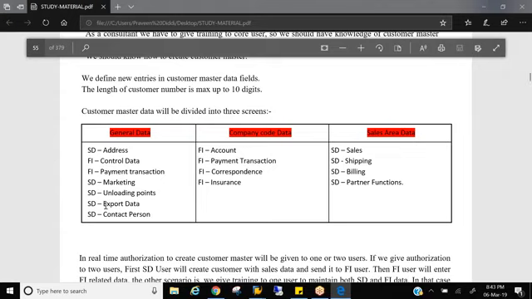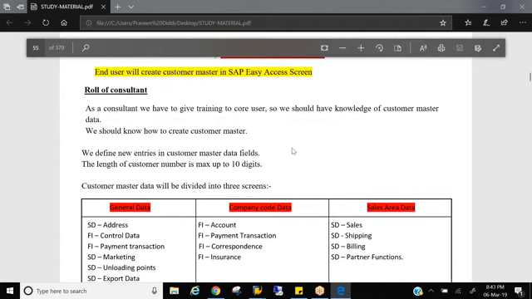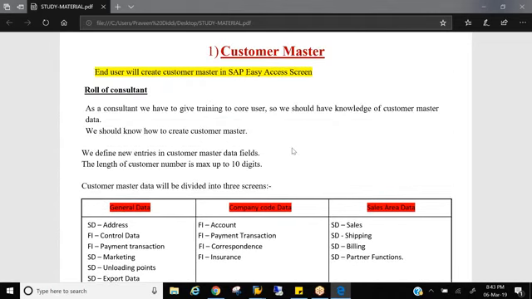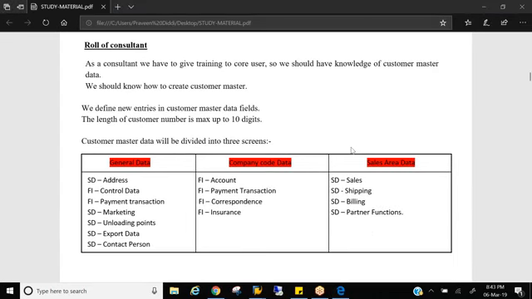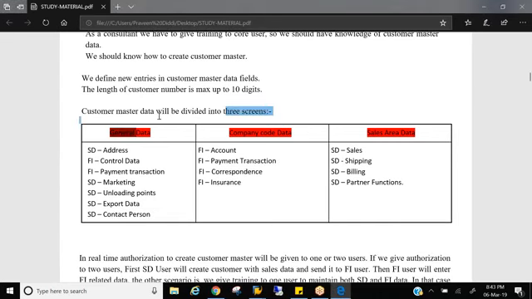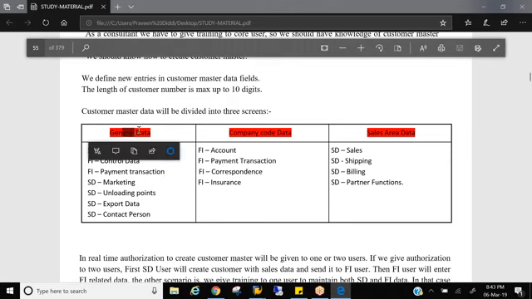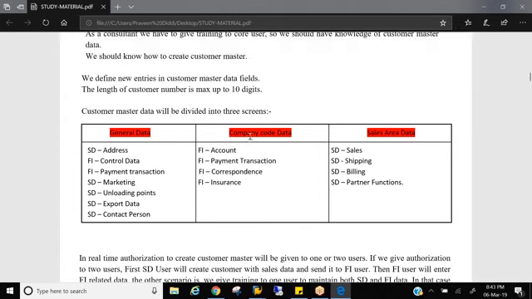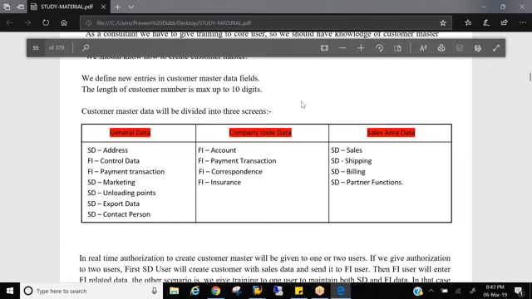So the customer master is divided into 3 tabs, 3 areas, or 3 screens, whatever we call it. I used to call them screens. Customer master is divided into 3 screens. What are they? General data, company code data, sales area data. But there was a question in Wipro. They asked what all data we see in the customer master. What data do we see in the customer master?